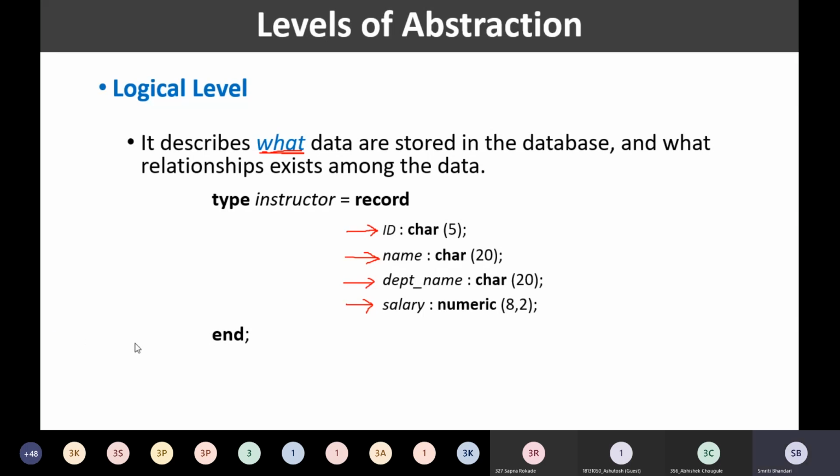Abhijit Katkar, 319. Are you there? Yes, ma'am. Okay. Now you go ahead once again with the illustration of the logical level. Say for example. So what needs to be known at logical level? At logical level, we need to know only the kind of information to store. So for example.